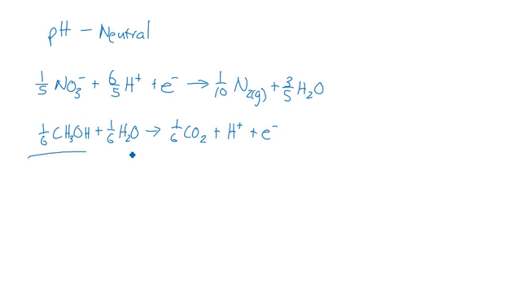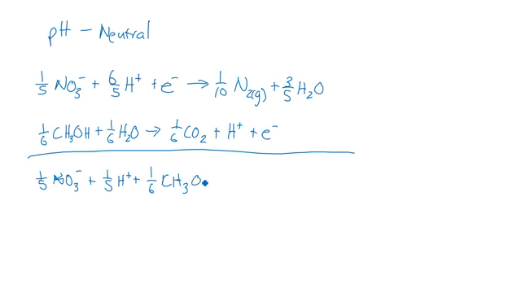And when we add those two together, our overall reaction looks like 1/5 of nitrate and 1/5 proton and 1/6 methanol. And that's going to go to 1/10 N2 gas, and a super weird fraction, 13/30 water